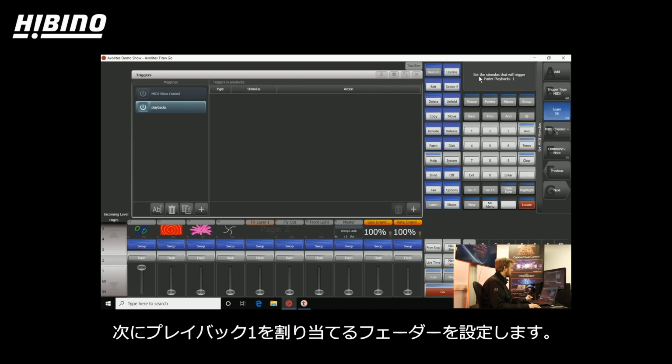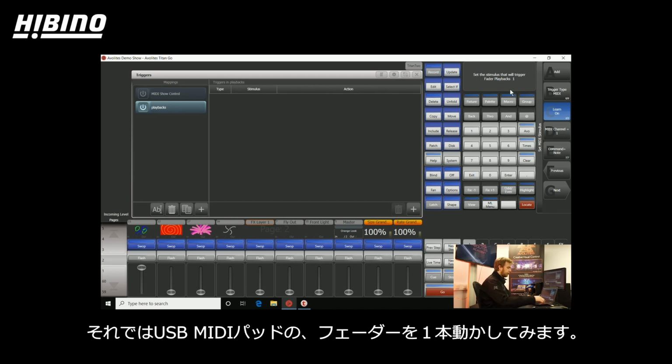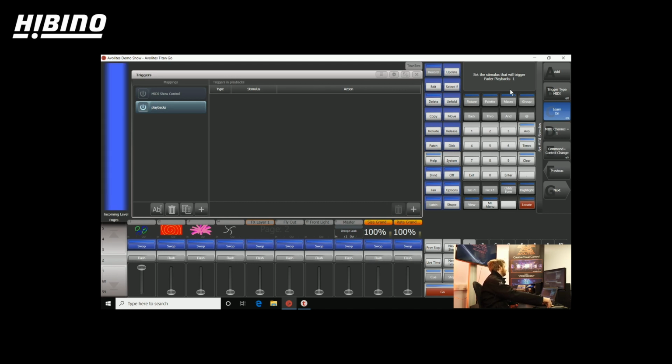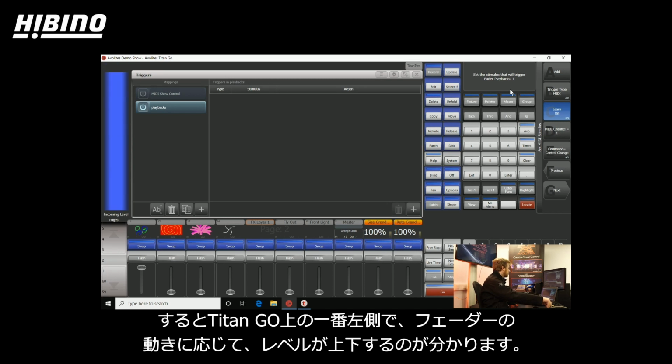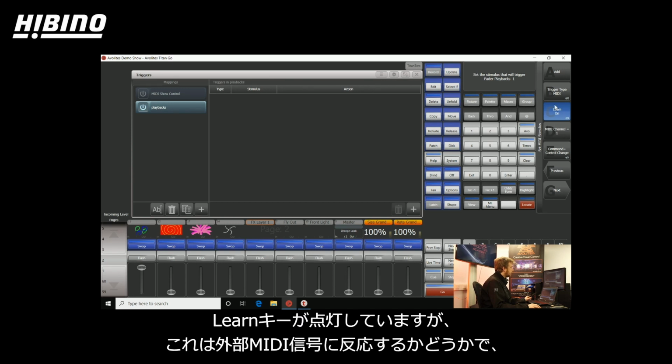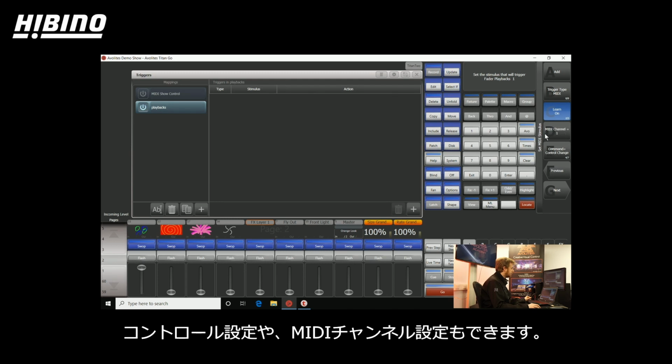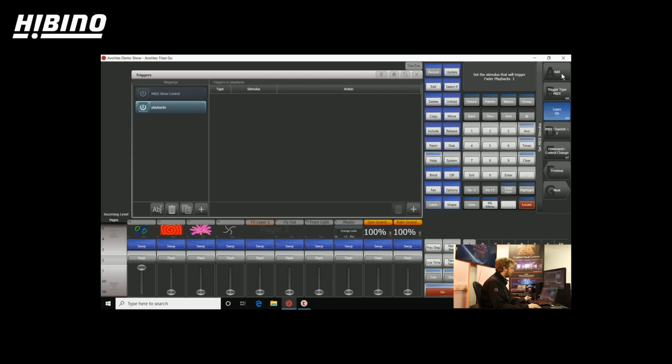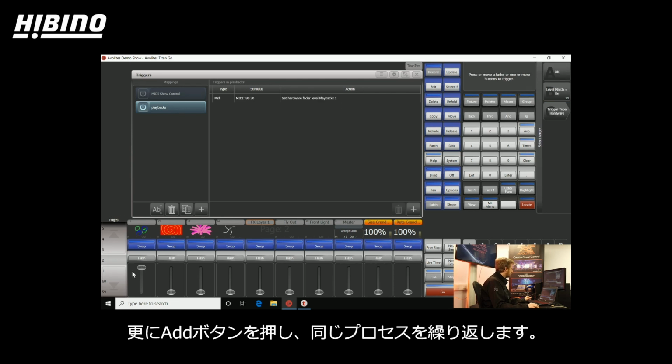The next thing that you can see is set the stimulus that will trigger fader playbacks 1. So if I start moving one of my faders up on my USB MIDI pad, then on the far left hand side of this Titan Go interface, you can see that incoming level is coming up and down. If you're on a console, this will be on the bottom right hand side, just above your encoder wheels. Learn is turned on, which means that the console has sensed and sorted out this signal for us. It's decided that it's a control change and it's working on MIDI channel 1. I'm going to say add, and I'm going to follow the same process